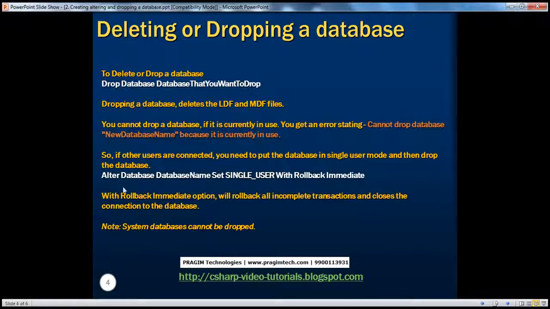The way we do that is we again use the alter database command. Alter database, the database name that we want to alter, and we want to set the database in single user mode with rollback immediate. What we mean by with rollback immediate, now this option, let's say for example, if we